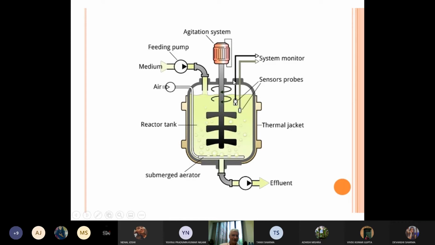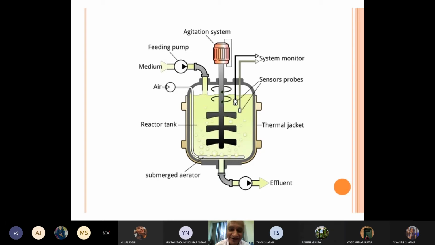Now you are going to grow the organisms here. So the next thing you need is a monitoring system. Tell me, what is very important for growth? Tell me a few things for the growth of microorganisms. What are the conditions we will look into? Nutrition, yes. Nutrition, I'll come to that. I'm talking about the sensor probe.